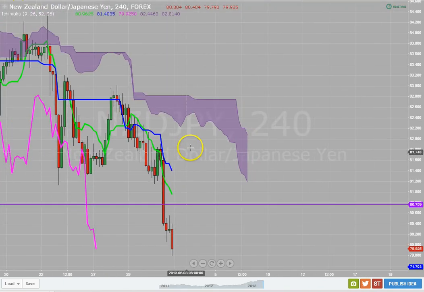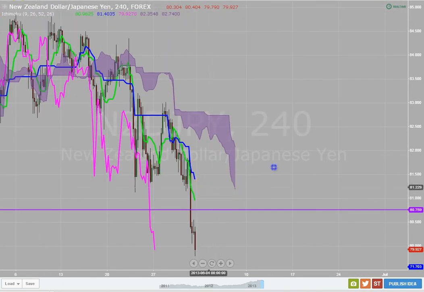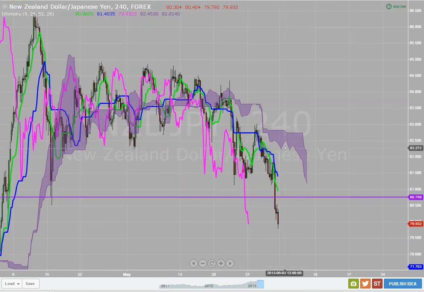So on that 4 hour time frame, this is a trade that I'm really going to be trying to get into, find that level to get into. And traders, all the things that we've been going over, you got to be able to find these levels and get in. Now, if the market continues to move down on me and doesn't make a fractal level here or somewhere in here, then I have to really wait on this. Hopefully this market will pull back. I want to see a pullback, and hopefully we can come to this level and then we take the trade. Or else if it doesn't pull back that far, I'll take the break of a fractal level and take this short. So that's what we're looking at, the New Zealand dollar, yen.